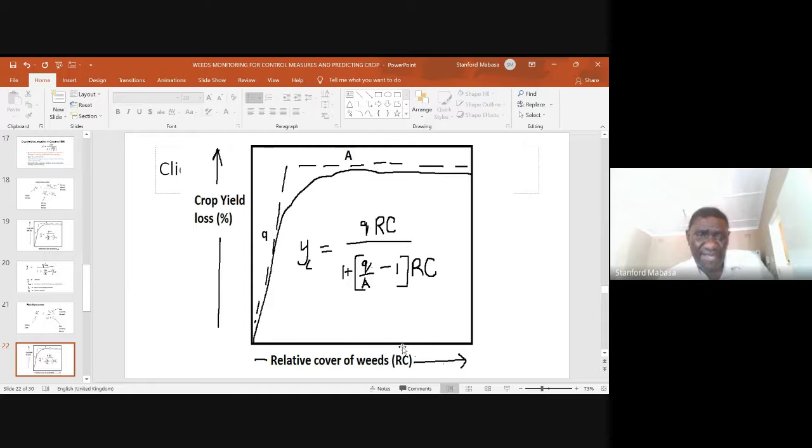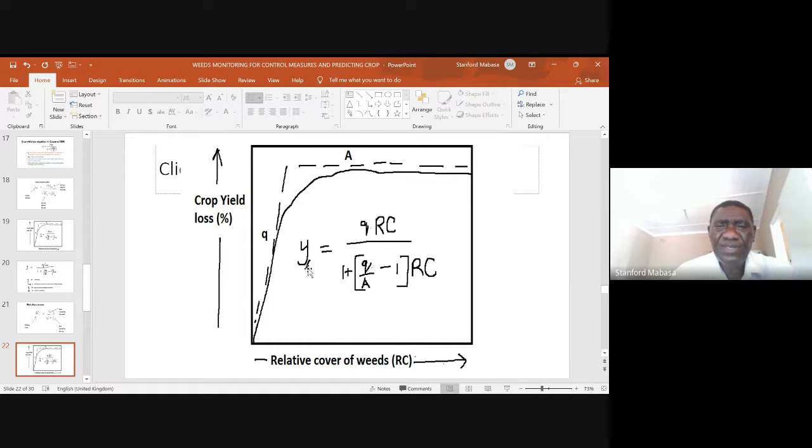Again, you get a rectangular hyperbola, where you have relative cover of the weed, RC, plotted against the crop yield loss. You get this curve,